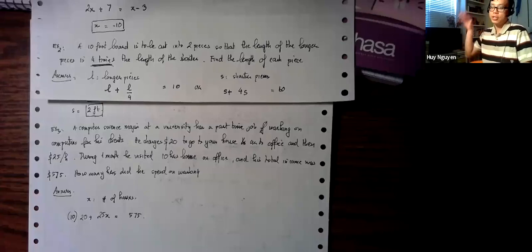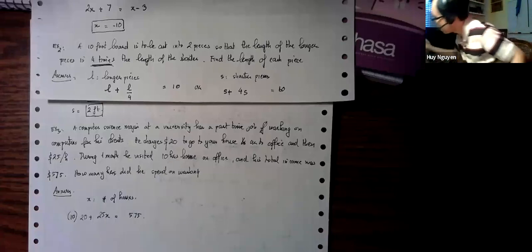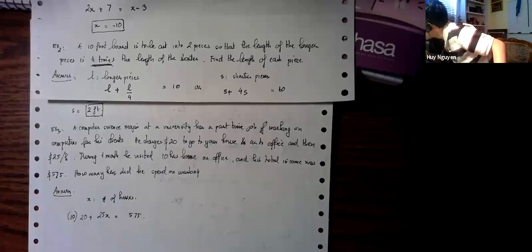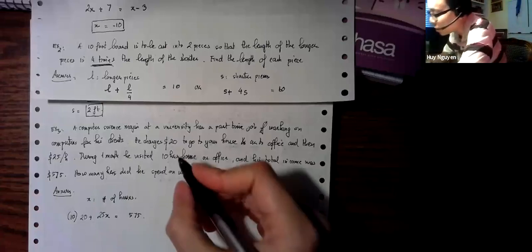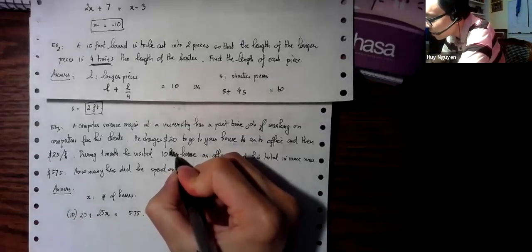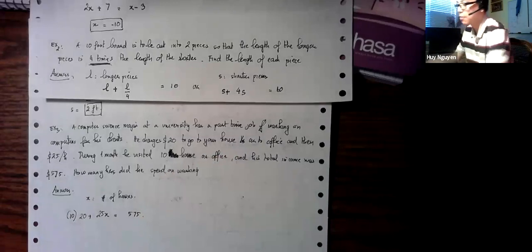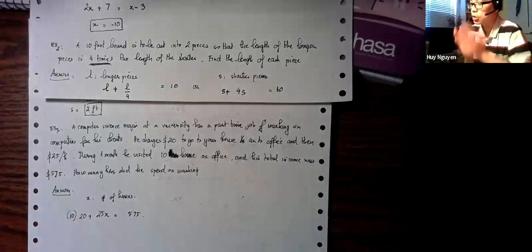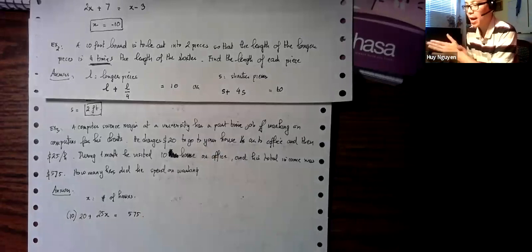So this is like this: $25 an hour, but he charges you $20 to go to your house. And they say during the first one he visits 10 homes. Oh, see, that's why something doesn't make sense. 10 homes. All right, so I got him wrong. He visits 10 homes or offices. So yes, that's true. He charges upfront $20 every time you go to your office or your house, and afterward